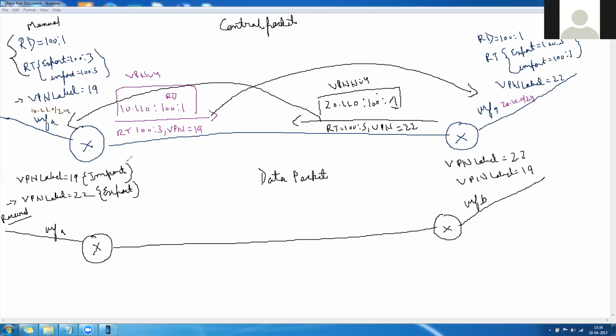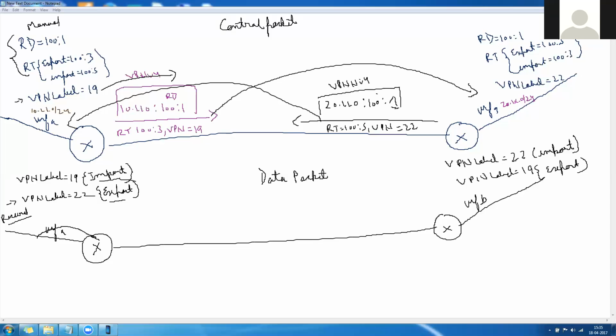First of all, you are exporting your label. You will say exchanging your label or exporting whatever. But after the exchange, in the data packet, this will become export, this will become import. Same thing, the received one will become export, and your local will become import. Okay, I'll give you a chance to try it, but just see here now what will happen. When you're sending a data packet,